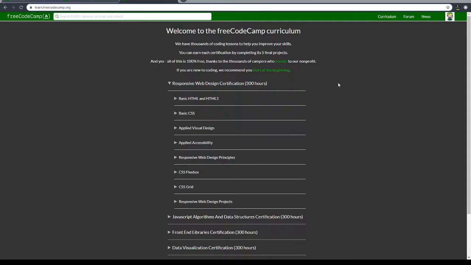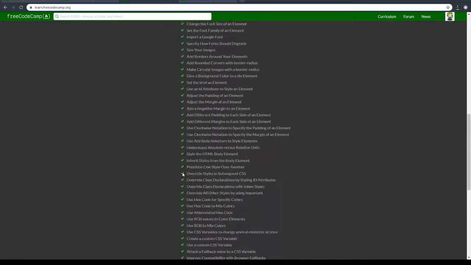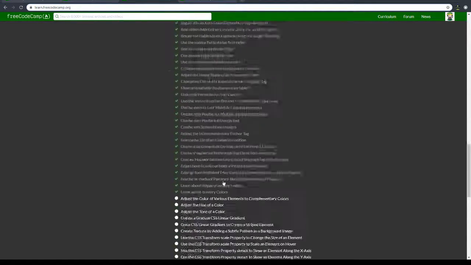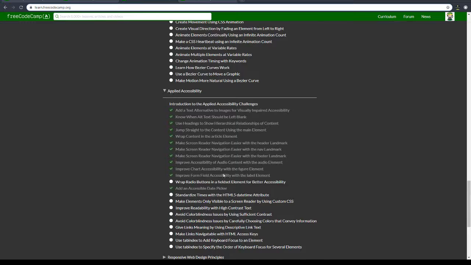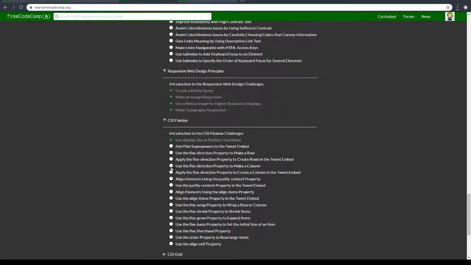Let's talk about the game plan. The game plan is to go through the curriculum together. I'm going to create a new account, not my current account, because my current account has pretty much everything more or less done. If you have noticed, I have a lot of green check marks. I've done most of these things already, and I want to create a new account where we go through them together, right? So this is what I have so far, and these are all going to be different